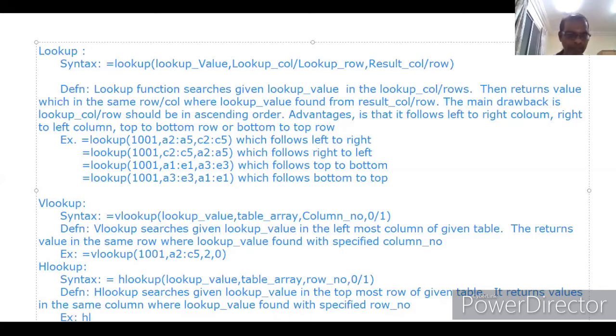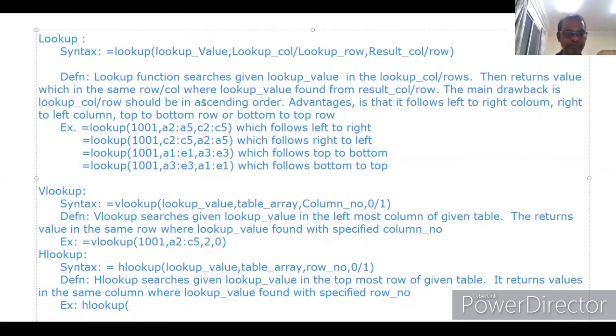HLOOKUP, (1001), comma. Here we should go for A2 colon E2, comma, second row, comma 0.